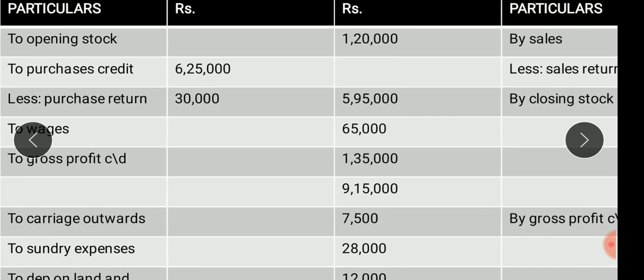To purchases, what is the formula? Total purchase means cash purchase plus credit purchase minus purchase return. So in this problem, credit purchase value and the purchase return value are deducted. To purchases, credit purchase 6,25,000 less purchase return 30,000, totally 5,95,000. To wages 65,000. Then credit side